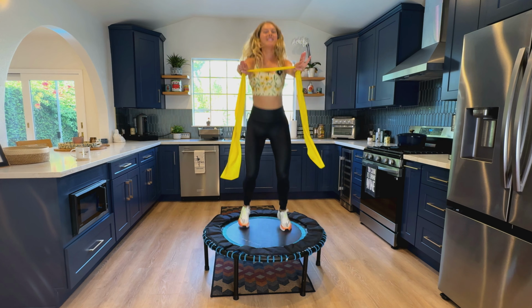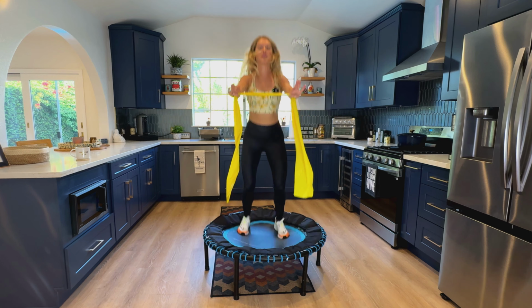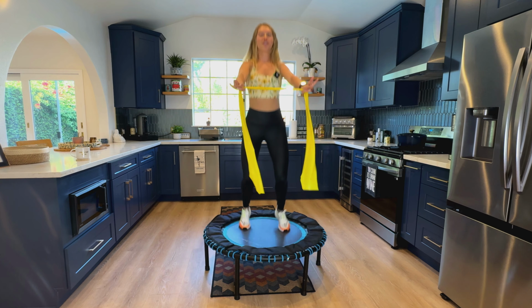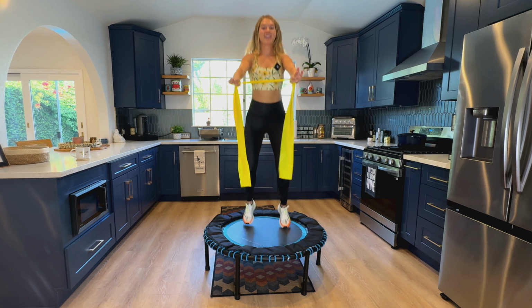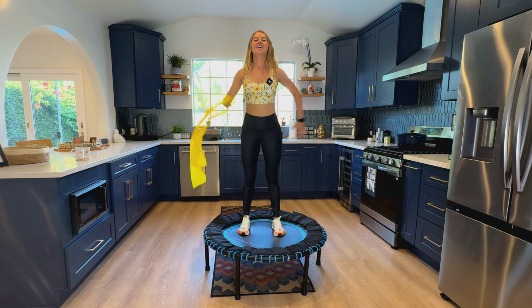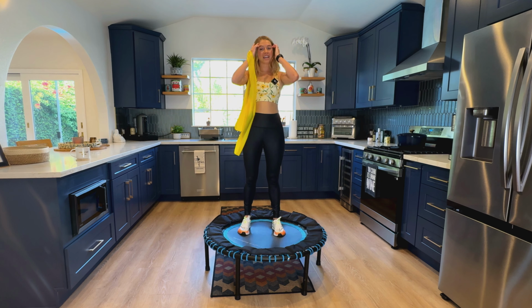Okay, let's finish this and take it to our last strength training move with the resistance band. We got 8, 7, give me a little pace. We got this for 5, 4, 3, 2, and 1. Okay, take a bow. We finished the cardio. Let's do our last